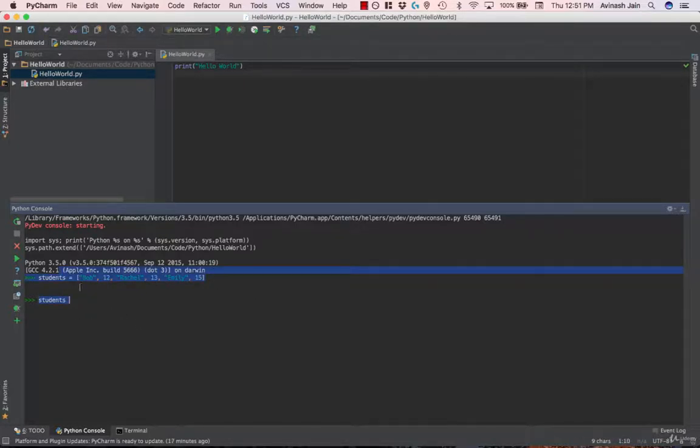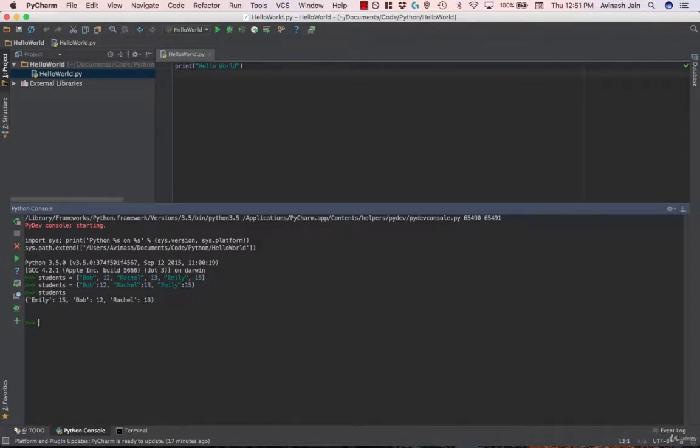So let's go ahead and use this exact same data we made for a list and make a dictionary out of it. So I'm going to go ahead and say students is equal to, and then create a dictionary, use curly brackets. So students is equal to Bob, then colon 12, okay? So Bob is the key and 12 is the value. The next one is Rachel, colon 13, and Emily, colon 15. Awesome. So this is the students dictionary. Each key is the name, each value is the age. If I print out students, I get Emily 15, Bob 12, Rachel 13.